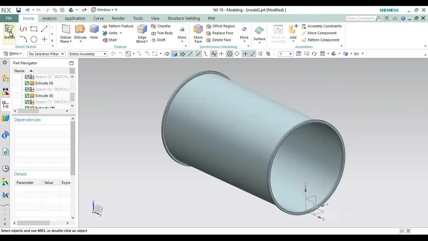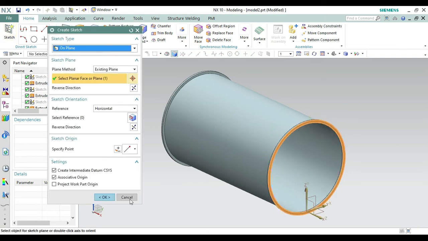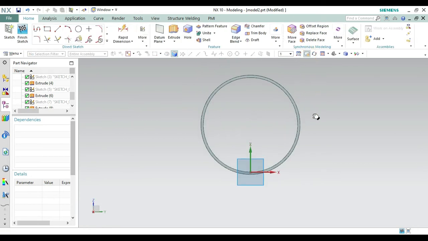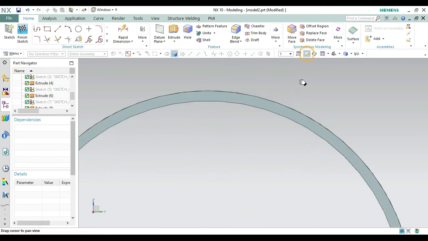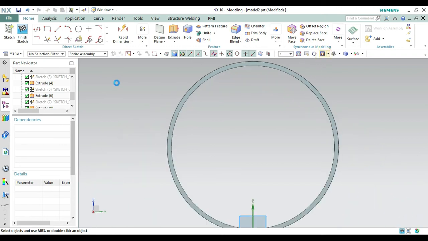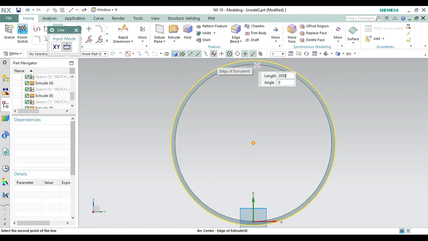Now again going to the sketch command, we have to make a sketch on this, so selecting this as the face of extrude and making it okay. This first profile is going to be a little harder, then the next two will be much easier, and then we will do the assembly. Only three parts we have to assemble, so it will be easier. First make it finish because we need a center line. From here first create a reference line from this one to 2050. Let's check how far this will go.